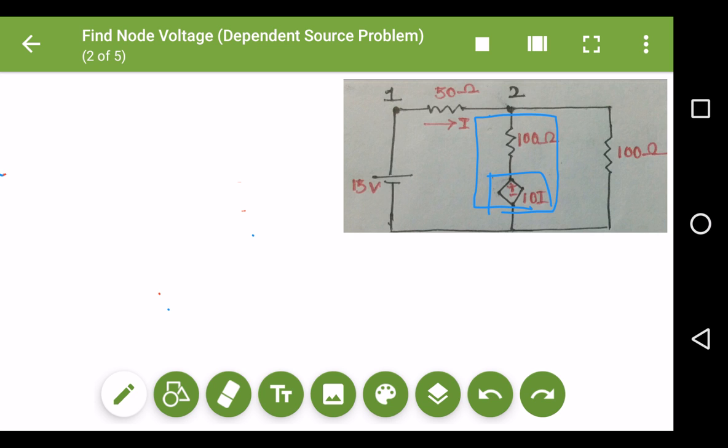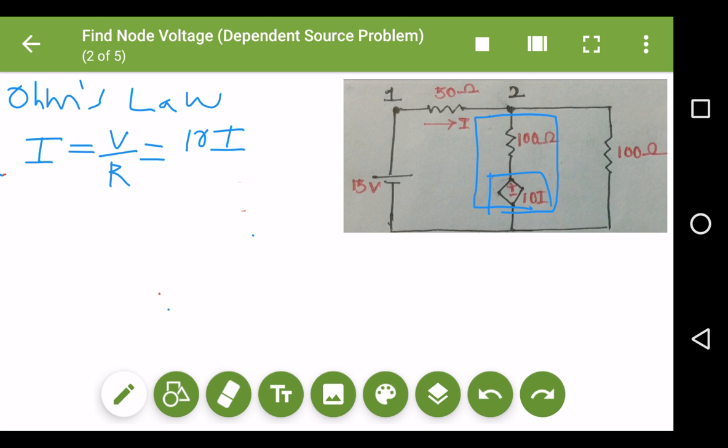From Ohm's law, current equals voltage upon resistance. The value of voltage is 10I and the value of resistance is 100 ohm. So the current becomes 0.1 I